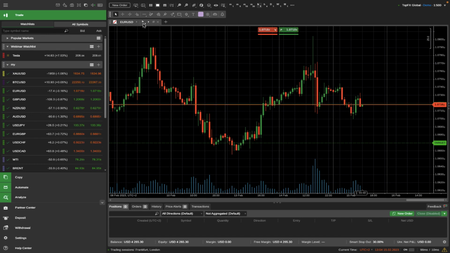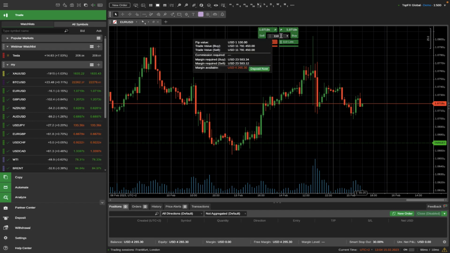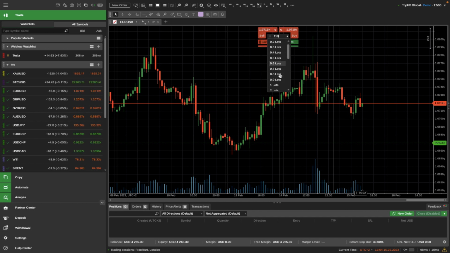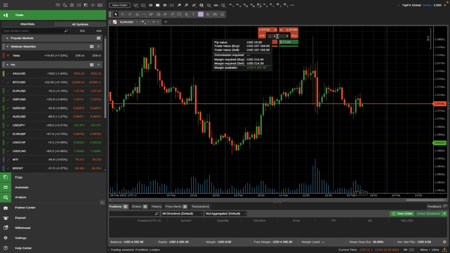As you can see, I'm using the 1 hour time frame chart of the euro dollar, the most popular currency pair tradable in the forex industry, and we have, of course, the quick trade panel. If you hover your mouse around here, you can instantly sell or instantly buy the amount of 110 lots. I don't want 110 lots. What I want is, let's say, to trade 1 lot. So I change this to 1 lot, and if I go back and hover around this volume input space,